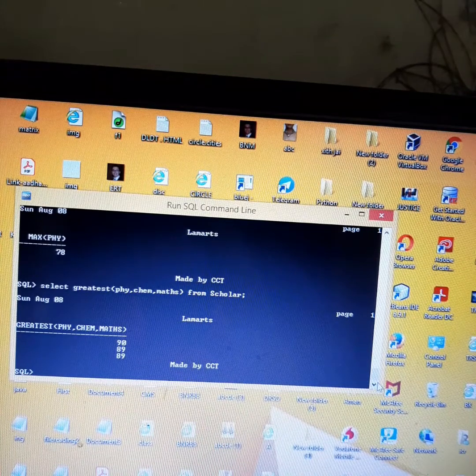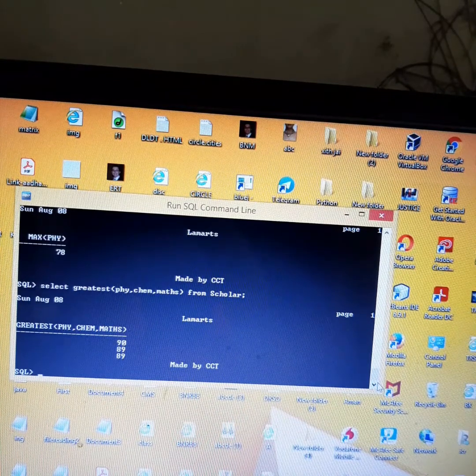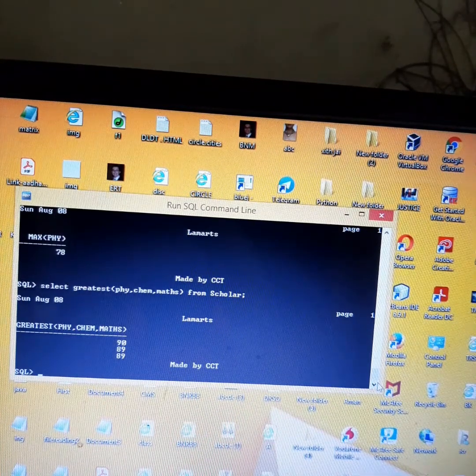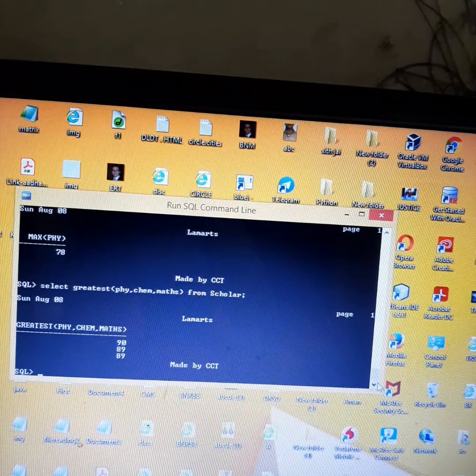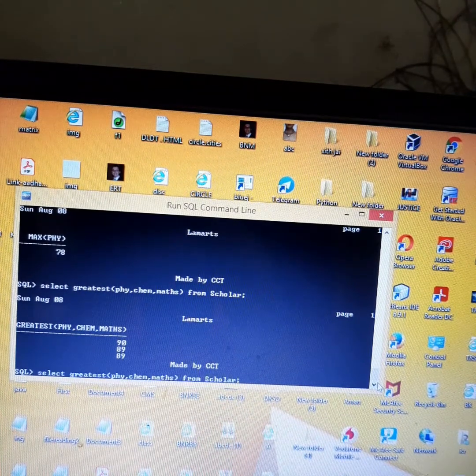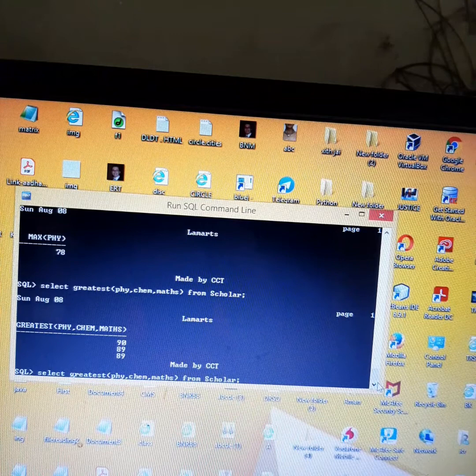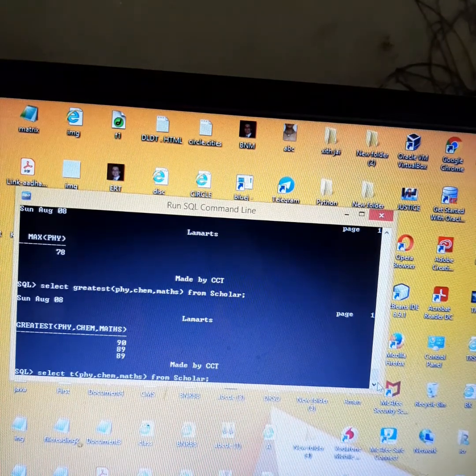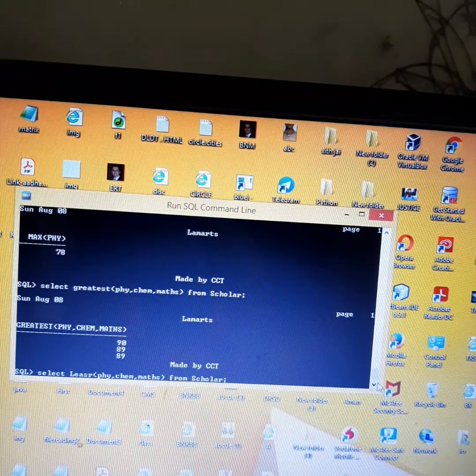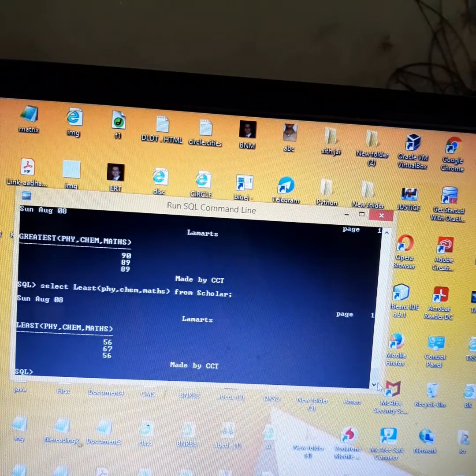For all the students, it is showing that the first student has got the highest as 90 and the second student has got the highest as 89 among the 3 subjects, and the third one has got 89 among the 3 subjects. So instead of greatest I can also write least, and I will get the answer. These are the least marks for all the 3 students.